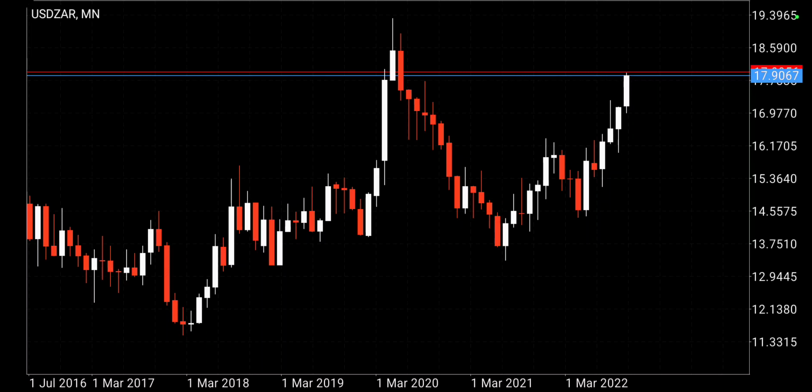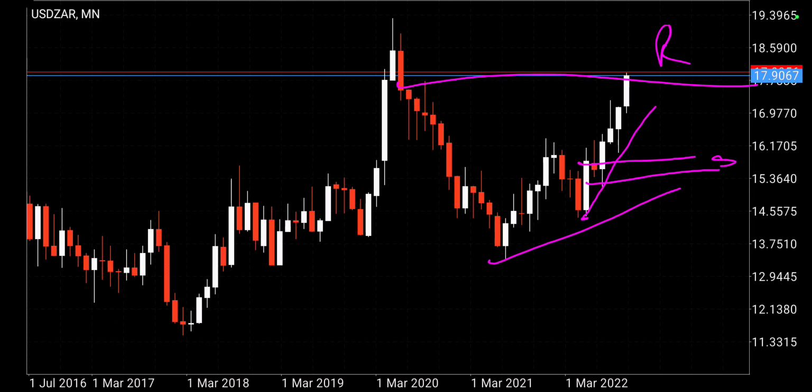Currently this time frame is sort of bullish, so you can put your trend line there, or you can put it there. It doesn't matter, for as long as you are joining the lows, and this is your nearest area of support. You are inside the resistance. So that's your resistance, and there's your support. Because the price is testing the resistance, what is possible from this high is a rejection, and then a pullback like that. That's what you're most likely going to see in the coming months or so, because this is a monthly chart. It might not happen this week, but in the longer run, we have hit a very strong area